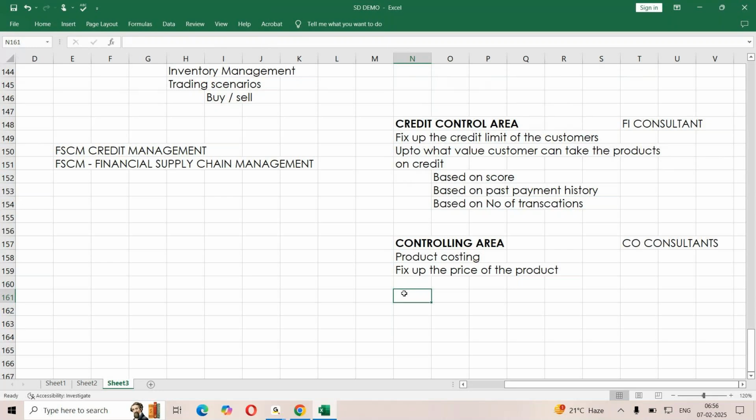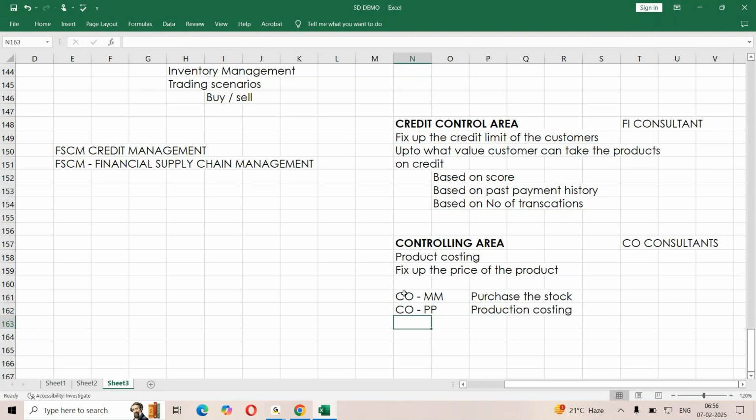Okay. What they do is, the CO team works with material management to know the cost involved in purchasing the stock. Once they have that information, they work out with PP, production planning, the cost involved in manufacturing the product.